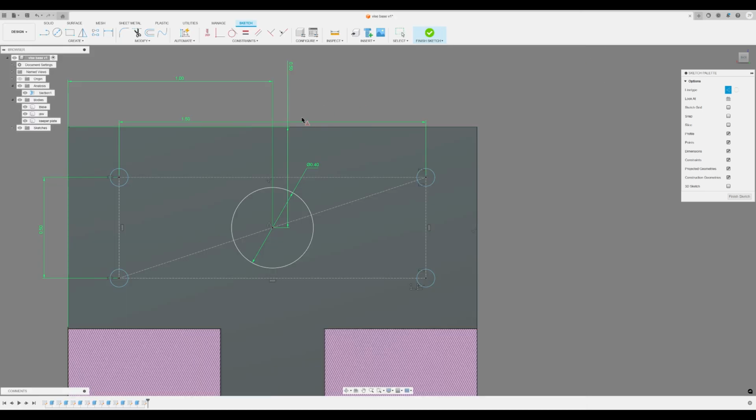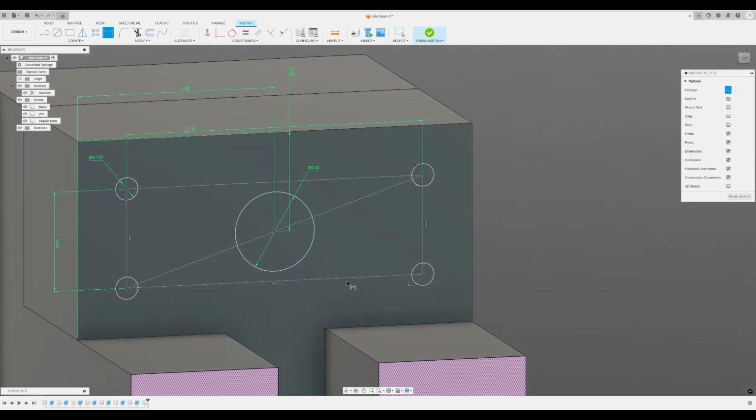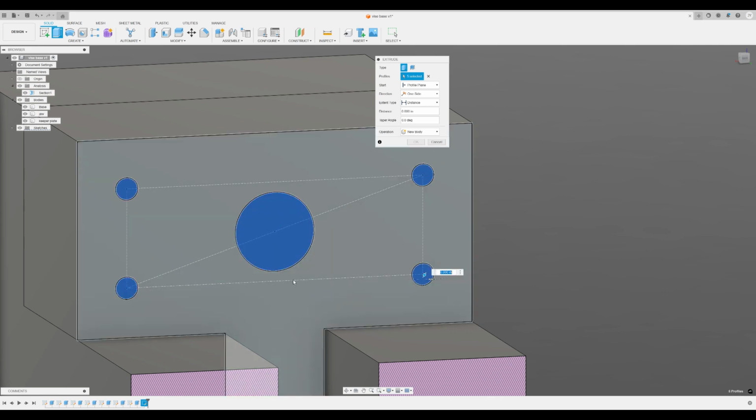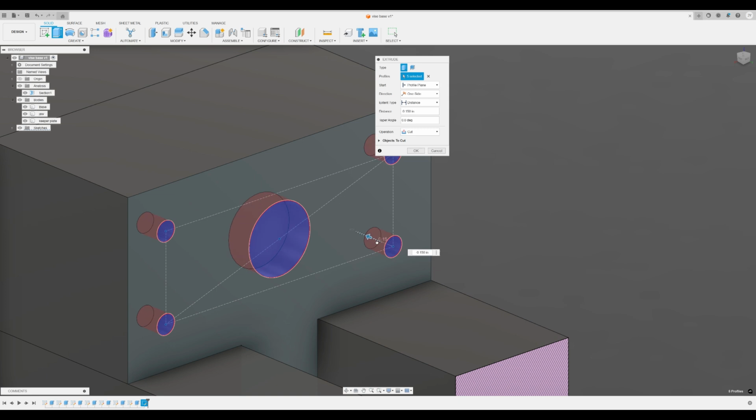All right, so click back over here. 0.113, 113 thousandths. All right, so that will be our setup. E to extrude. Select all our surfaces. And we're going to extrude back